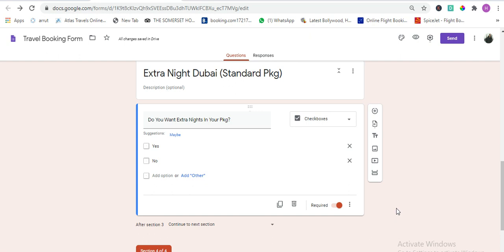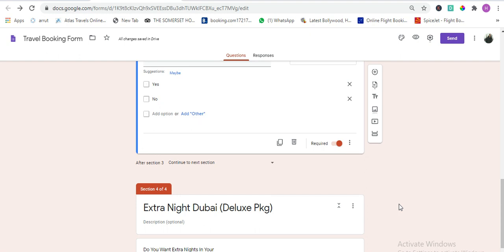But now what will happen, once they select yes or no, we don't want to bring them to section number 4 after this. Otherwise this whole purpose is defeated. Your form will look stupid, that you ask them whether they want an extra night, and then you again ask them whether they want an extra night in deluxe package if they are a standard package customer.